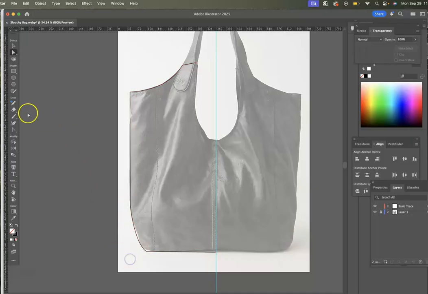Now I'm going to come back up with the regular pen tool, and I'm going to come down this direction and complete the front of this bag to the same point. So I can pick up a point here, see the little check mark, click, and again, I can just find the center line here, enter, and then convert, and play with that kind of curve. Again, since I'm going to be reflecting this, I want to make sure that this handle